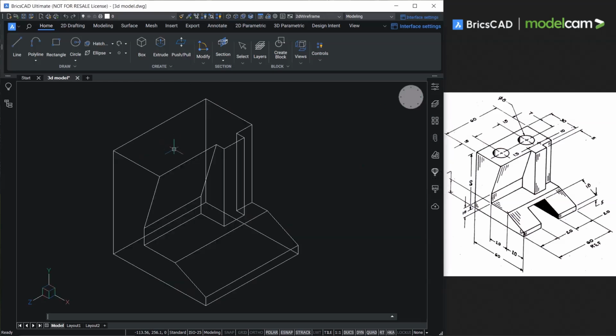For that, we have to first align the UCS on the top face. So make sure that the dynamic UCS is turned off. If the dynamic UCS is on, the UCS will get automatically aligned on this face. Now let's see a few options of the